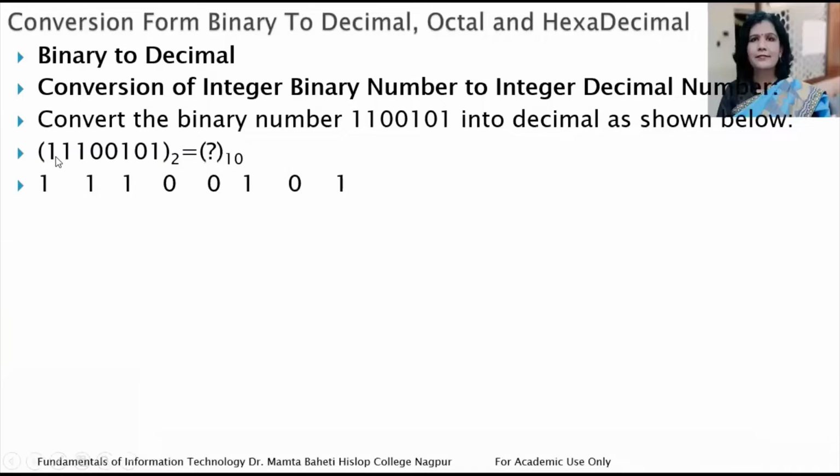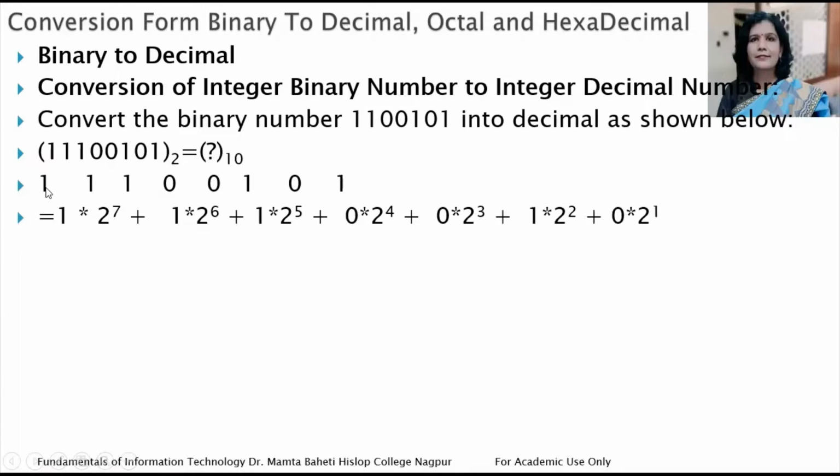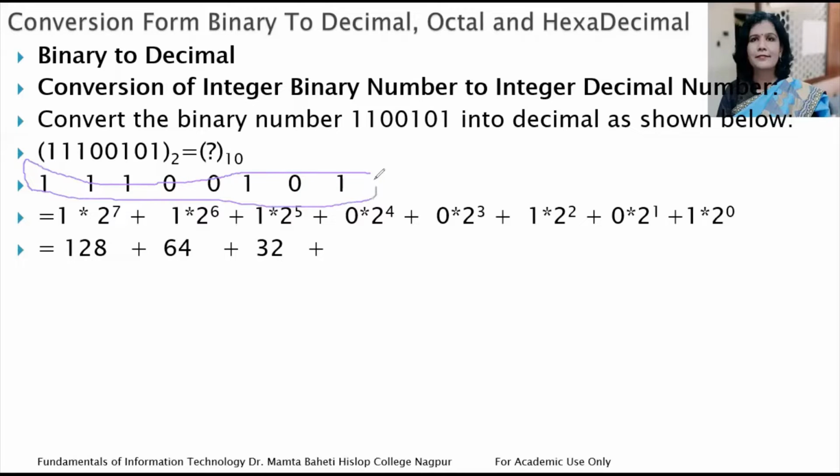So see here, we have, for example, a number 111001001. So what we are doing over here, the first step is to split the digits. Okay, remember, the first step is to split the digits. So I have split these digits. Okay, then the second thing is